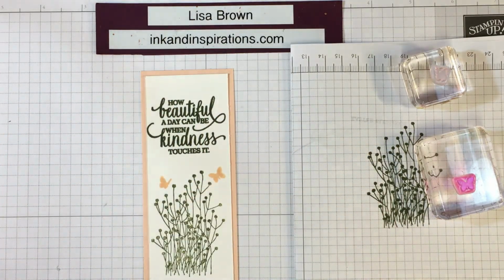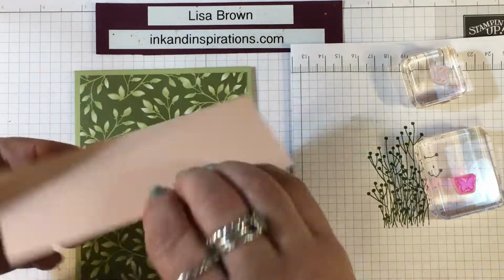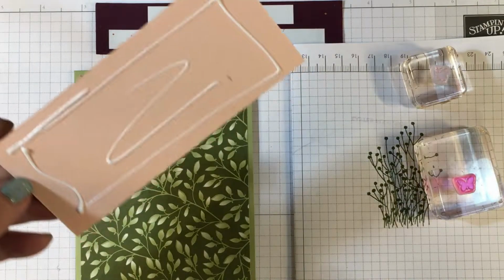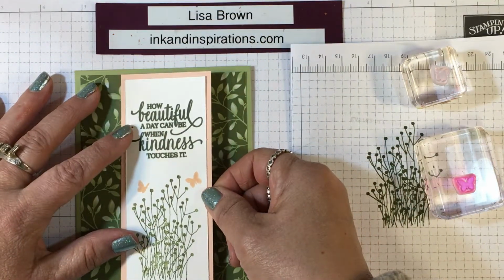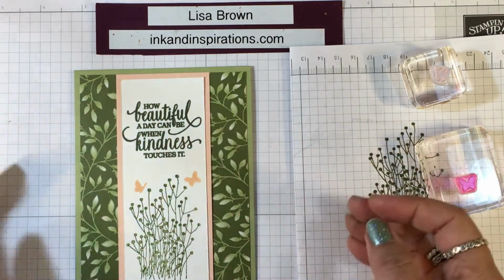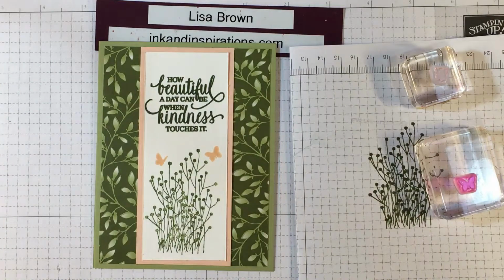Okay, so now we're ready to apply that to our designer paper on top of our card base. And we'll go ahead and apply some adhesive. And I'm just going to center that with the top and the bottom following the line of the designer paper. Okay, simply done. Now that is a beautiful card just like that, but I wanted to add just a little